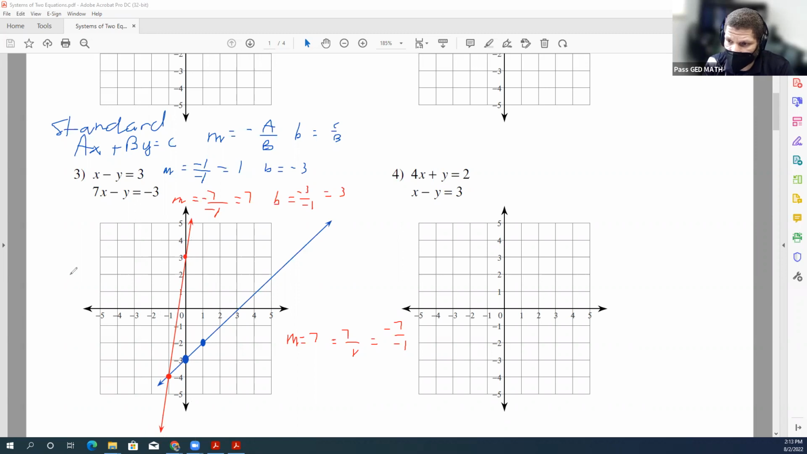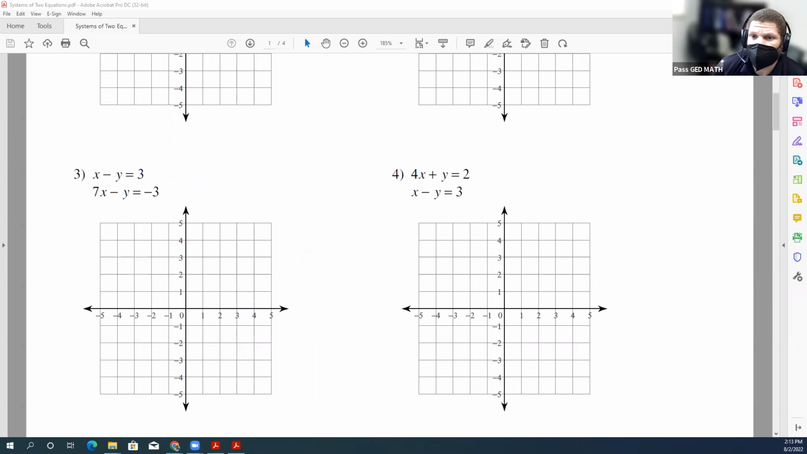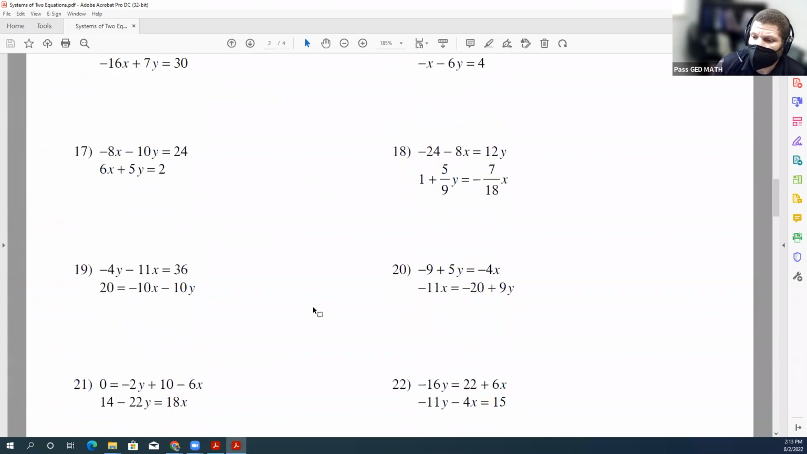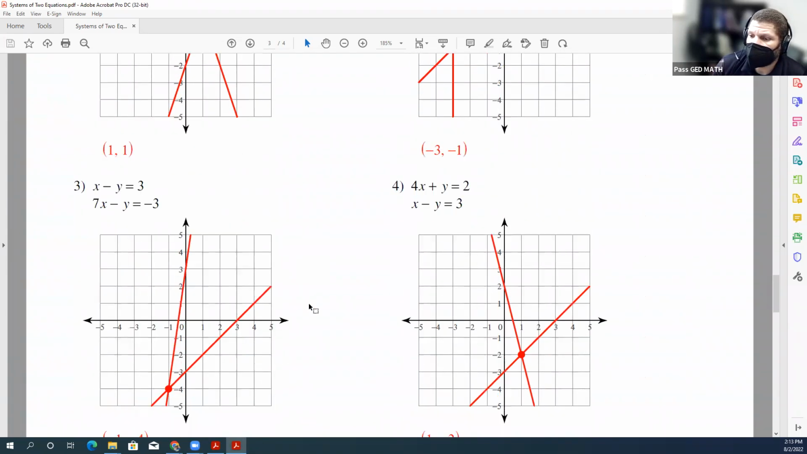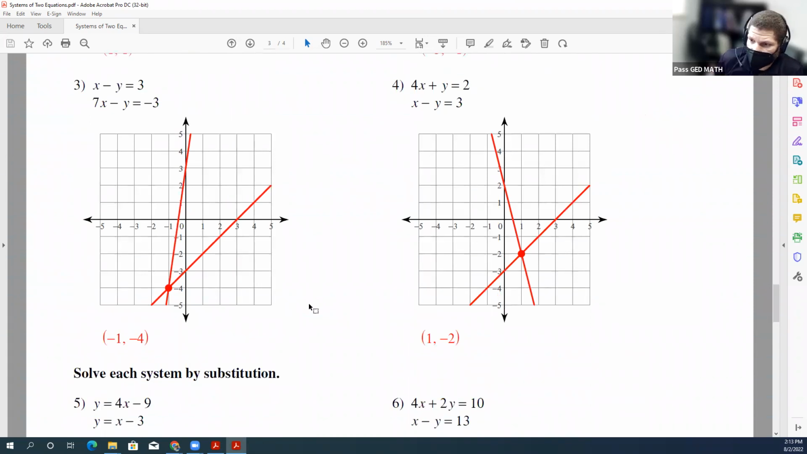So our x is -1. Our y is -4. So our solution is (-1, -4). Let's check our work. (-1, -4) for number 3. There we go. (-1, -4). Okay, that's how you solve